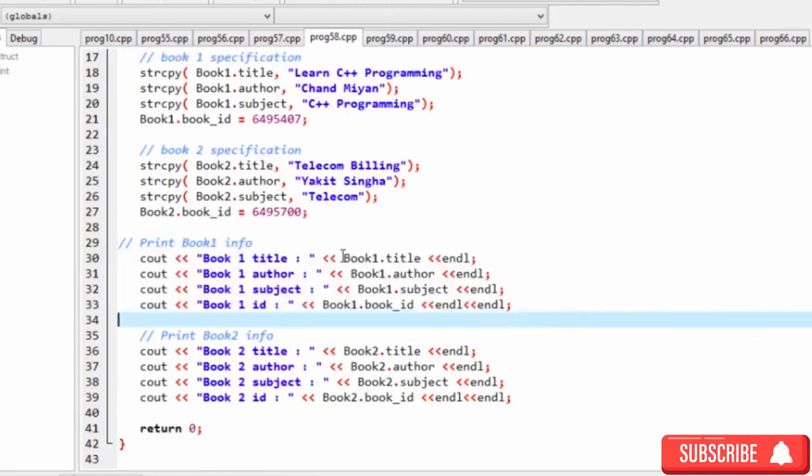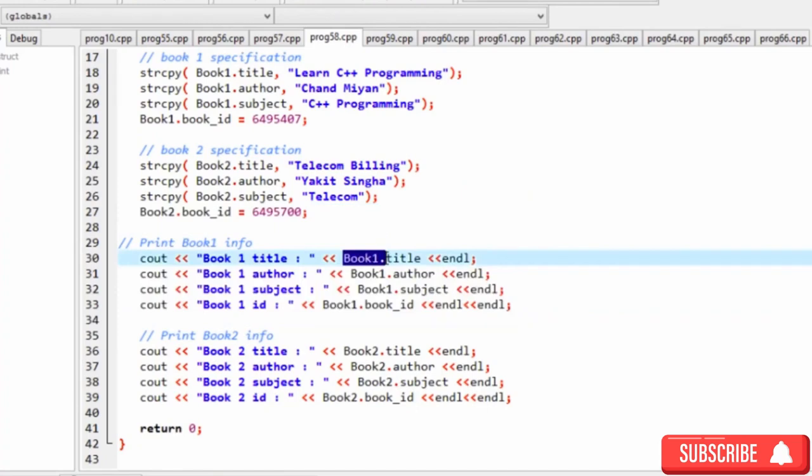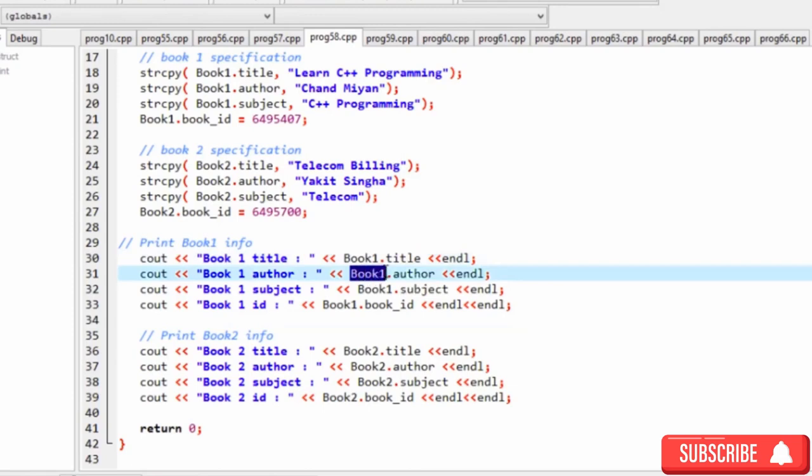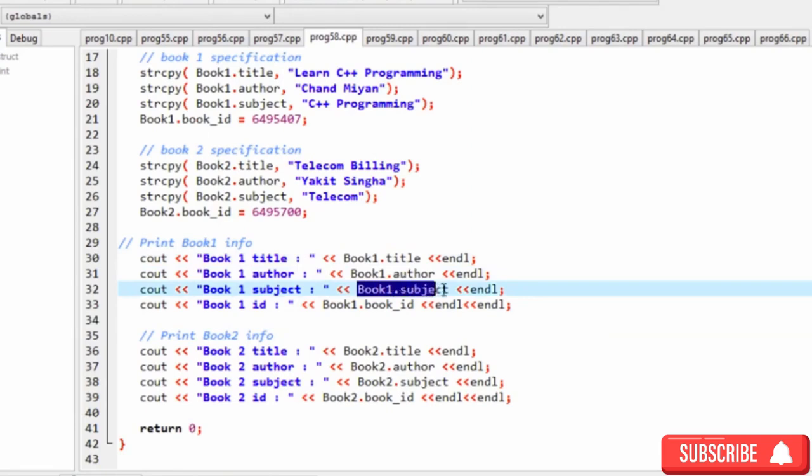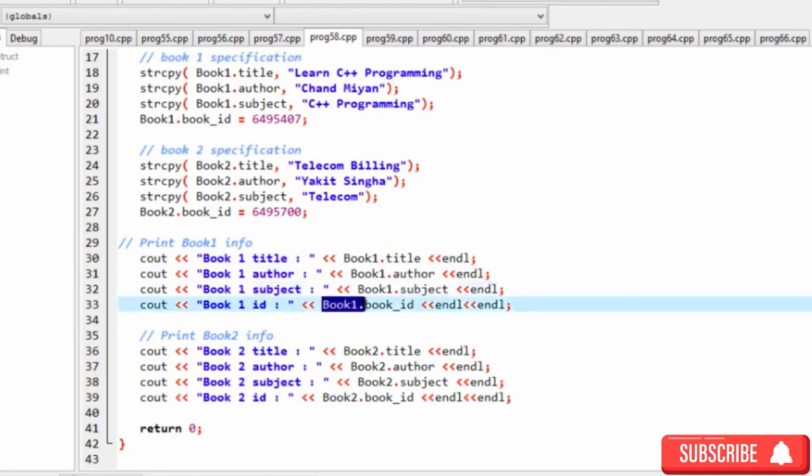It is very simple: structure variable name dot title. Here dot denotes the membership operator. Again we have structure variable name dot author, book1 dot subject, book1 dot book ID. In this way we have printed all four field values,